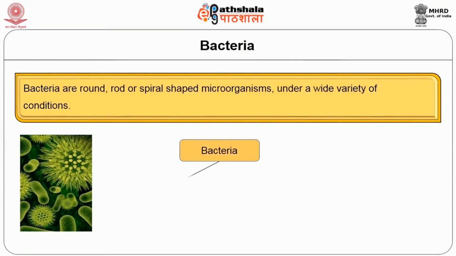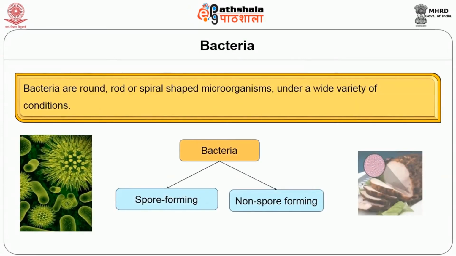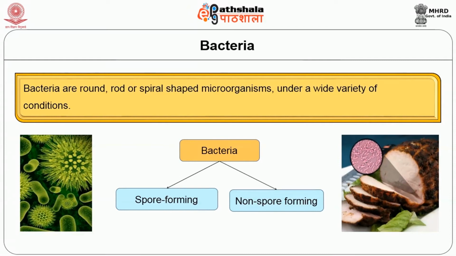Bacteria are round, rod and spiral shaped microorganisms found under a wide variety of conditions. Spoilage causing bacteria can be divided into spore forming and non-spore forming. Harmful disease causing bacteria are called pathogenic bacteria. They are the germs that cause food poisoning. Thermal processing of low acid foods in a pressure canner at 116 degrees Celsius for an appropriate length of time destroys bacterial